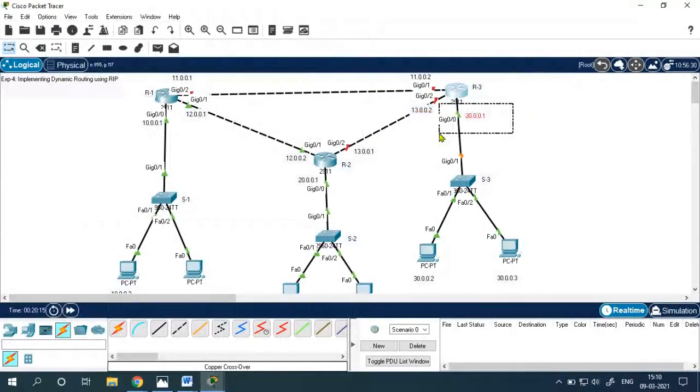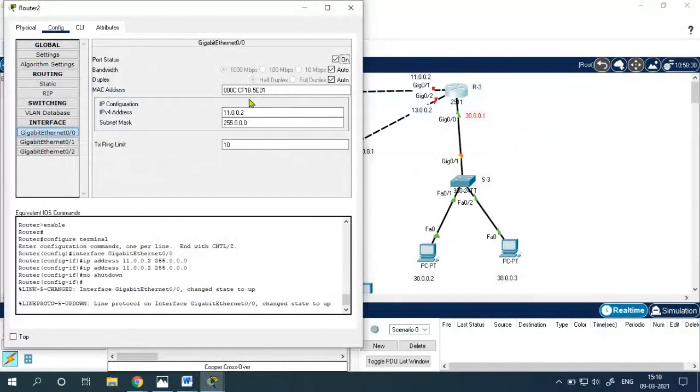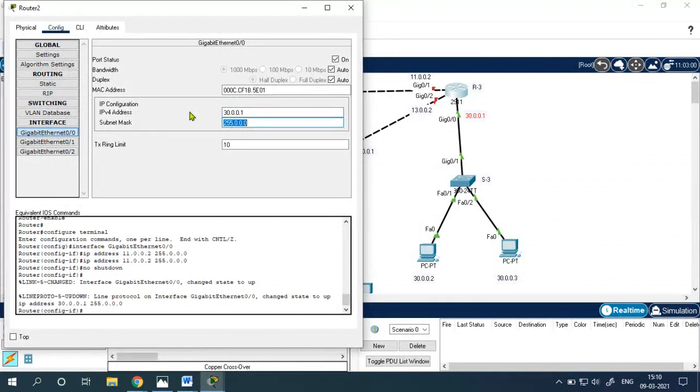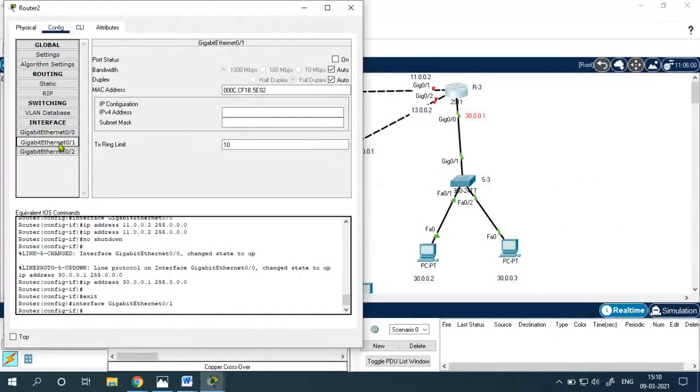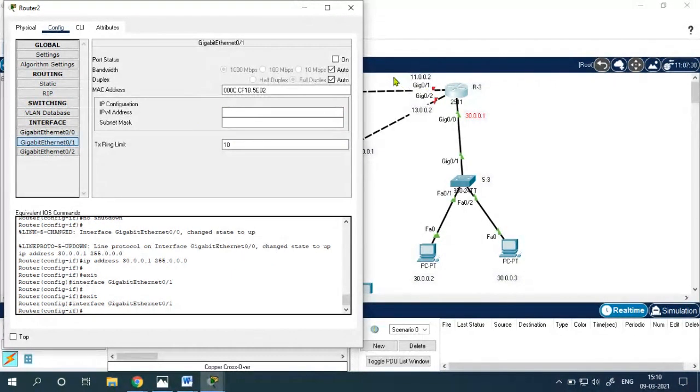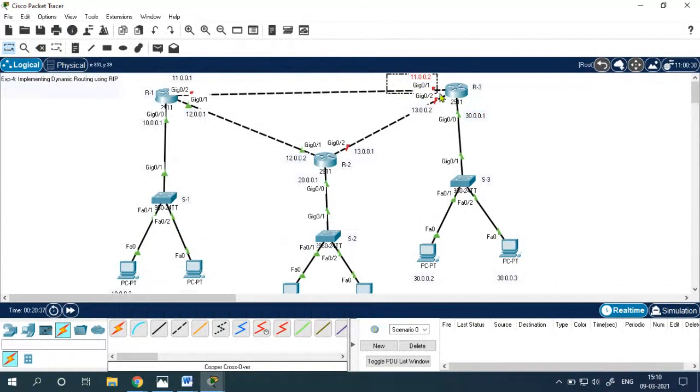0/0. See here 0/0. I have decided 30. So if I change, I will have to make changes everywhere. 30.0.0.1. This time successful. Okay, now 0/1. Let me select gigabit 0/1.